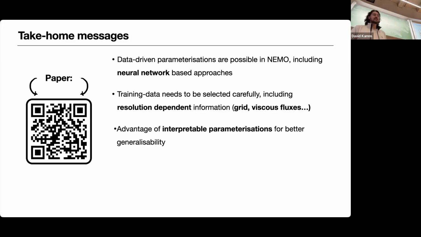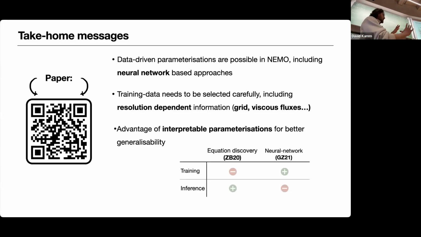So we needed to actually discretize it onto the model grid. So it's grid aware by implementation, basically. So it's therefore better at generalizing to a different model grid, for example. So that we kind of, in this matrix that I showed before about the advantages and disadvantages of more assumptions you need to make during training, it's cheaper at inference. What we would suggest is that this neural network approach is very good to